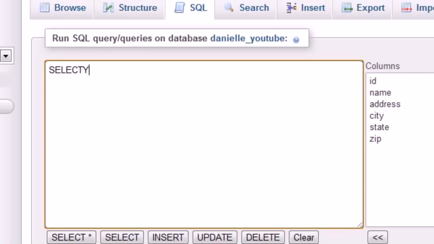So I'm just going to go ahead and hit select name, and I think we selected state from customers where state. Now the very first thing you do is you give it the condition to search for. I want to search for a bunch of different states. So I want to search for state IN. Now right after IN, go ahead and type parentheses, and instead of making a